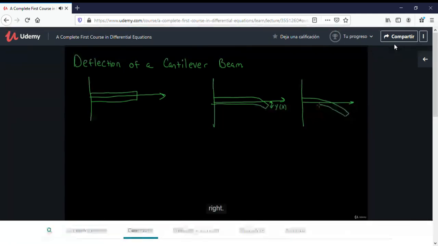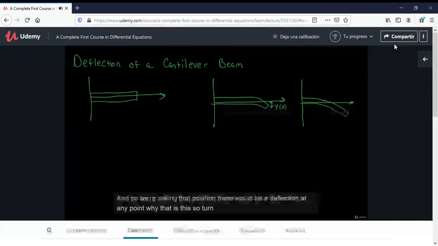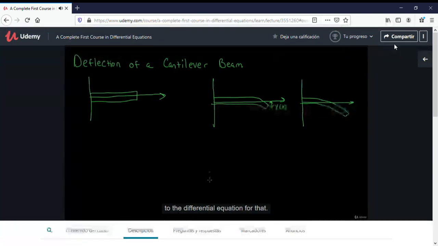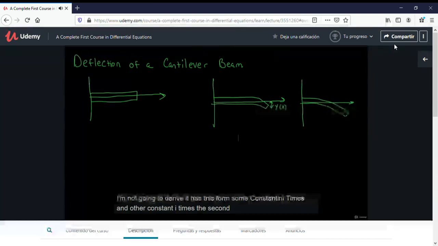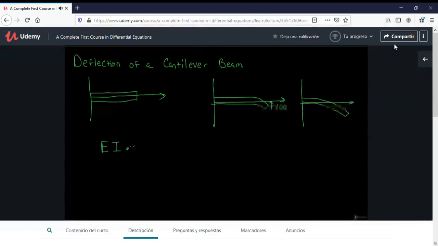Right? And so we're calling that position there, or the deflection at any point, y of x. Okay, so it turns out the differential equation for that, I'm not going to derive it, has this form. Some constant E times another constant I times the second derivative